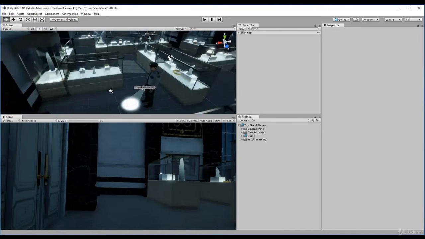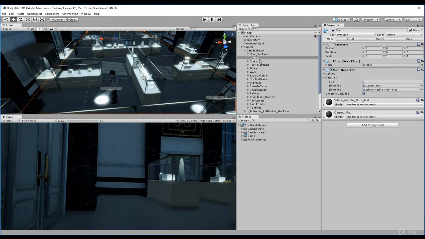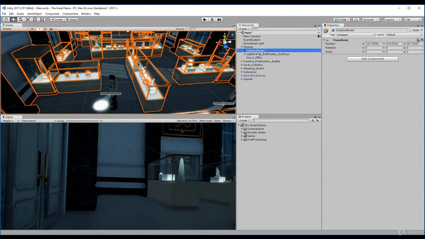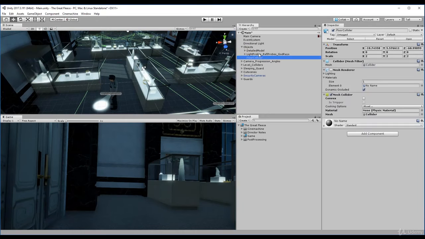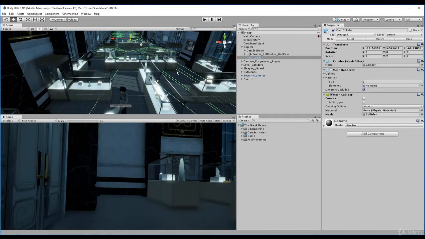From here, guys, we need to bake this floor. So if you click the floor, it's going to bring you to this floor game object. And we actually created something for you called a floor collider, which is right here, under your objects and then floor collider. This is a custom collider that was designed specifically for this level. And what we want to do is bake this object. So in order to bake this object, all we have to do is keep this object selected, go to Window,